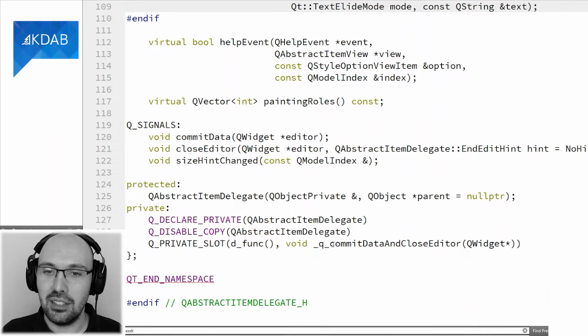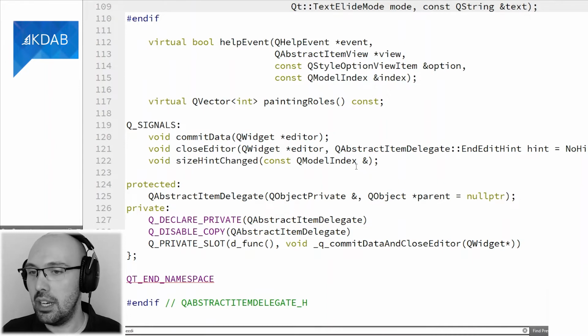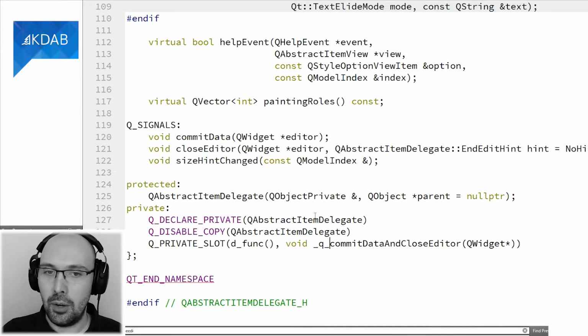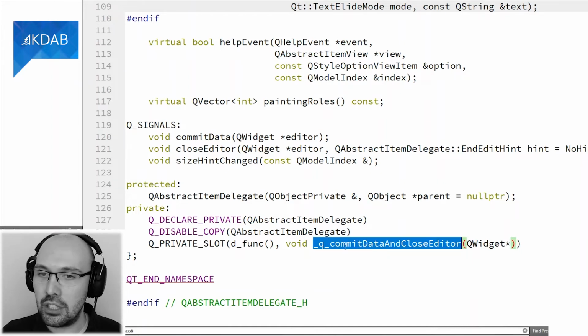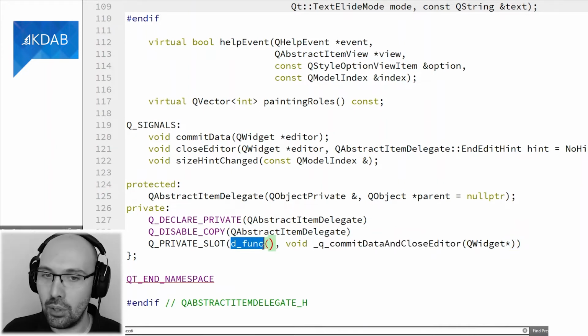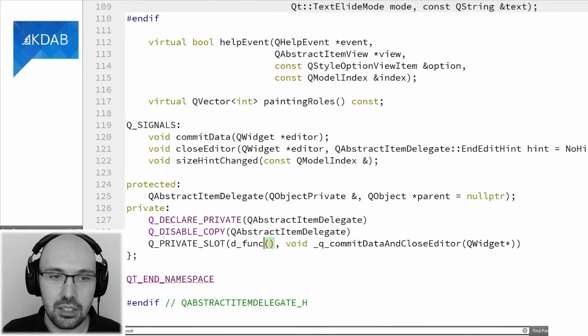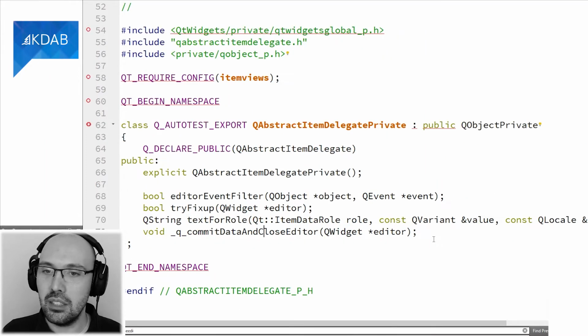We do two things, well, three things. We name it in an evil way, so you're not supposed to connect accidentally to it. We mark it private. And also, we don't actually implement it in the public class. If you look at this class, the QObjectItemDelegate, from a C++ point of view, this function does not actually exist in here. This function is defined on its D pointer, so on its private counterpart. If I open up the private counterpart, now you do see that function properly declared, and clearly this is also going to be implemented somewhere.